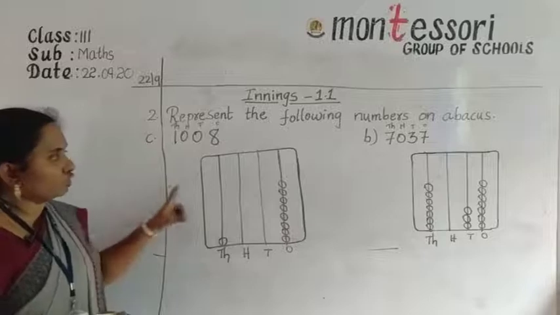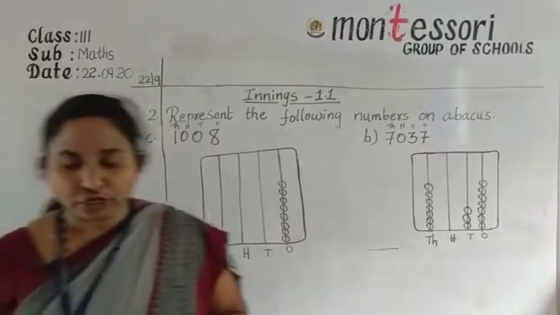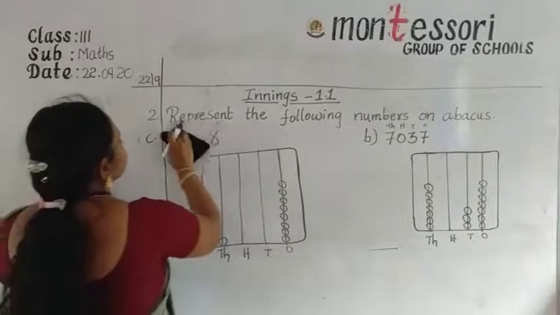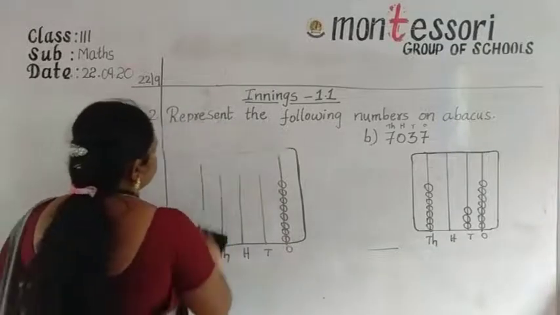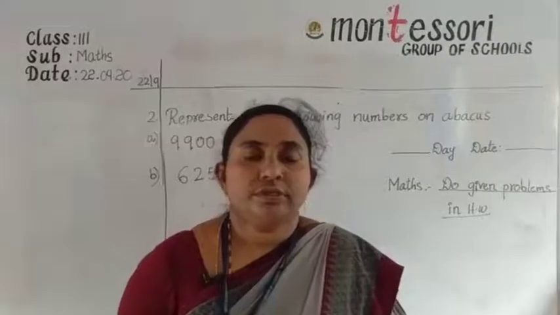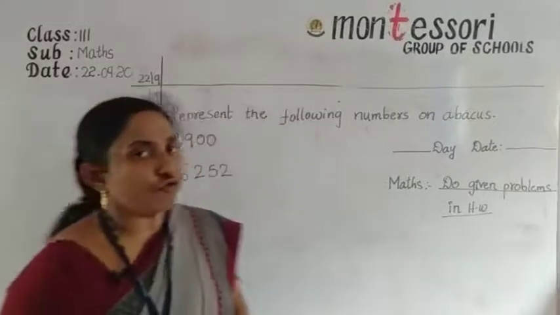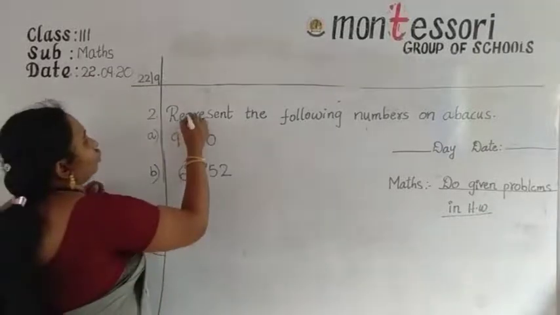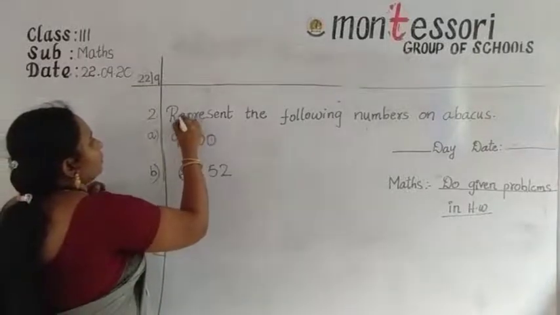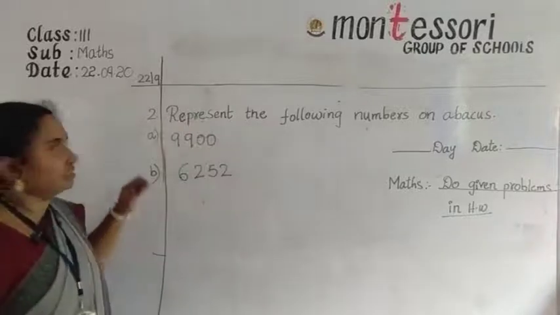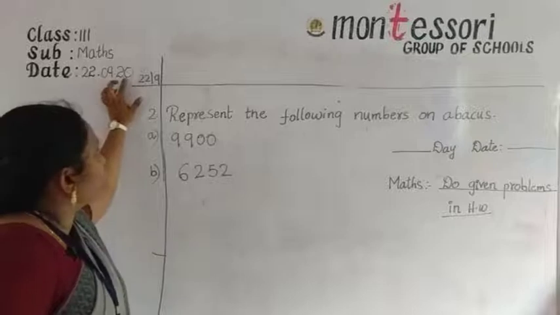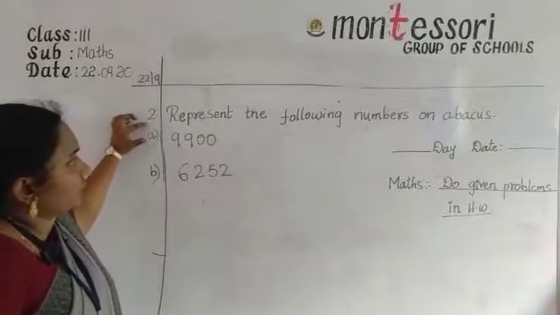So now all of you close your classwork and take your homework book, all of you. Take your homework book, and write the question. Represent the following. First, draw the margin, and here today's date, compulsory. You can write today's date, and here write the question.